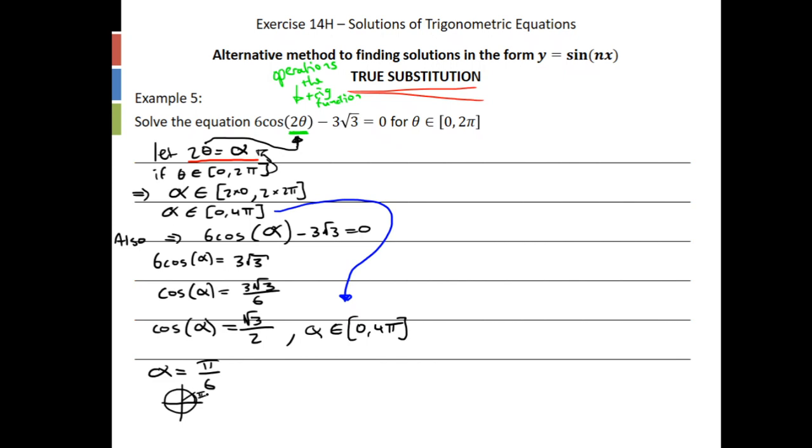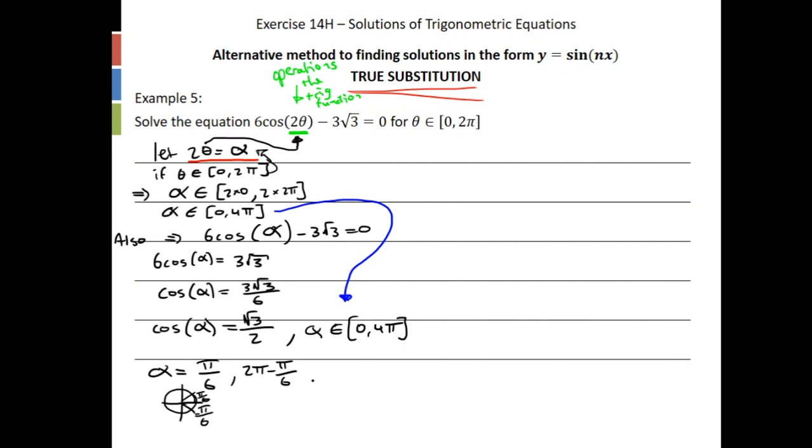Okay, so we have pi on 6 there, but we also have the equivalent one, which is pi on 6 down, which is actually the same as going around 2 pi, take away pi on 6. So we have 2 pi, take away pi on 6, which is fine. Okay, that's our 2 in 1 full revolution, but again, we have to go to 4 pi, which is 2